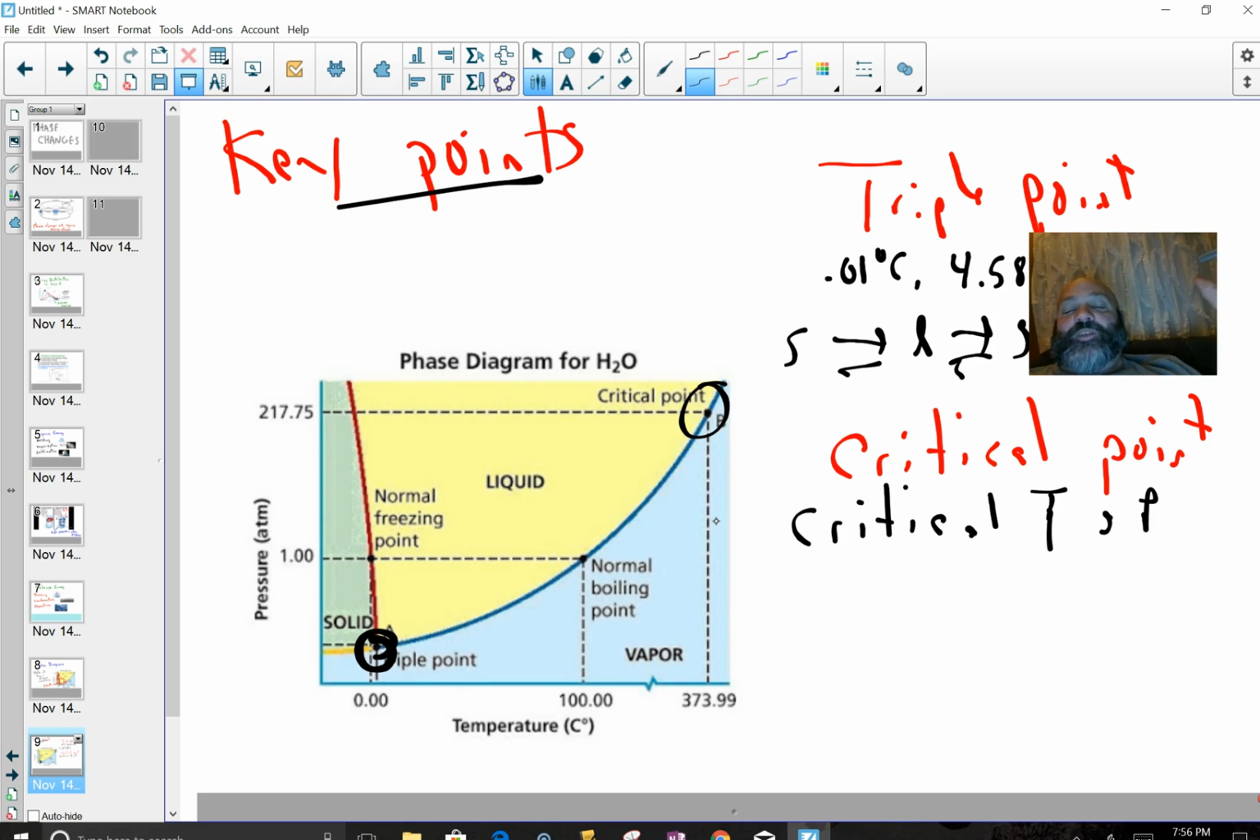373.99 degrees. If you went to 374.00 degrees, no matter how much pressure you put onto that gaseous water, there is so much kinetic energy that you will never be able to condense it into the liquid phase. But at 373.99 with 217.75 atmospheres of pressure, you can make water still be a liquid. Above that, you cannot. So that's our highest possible temperature and pressure